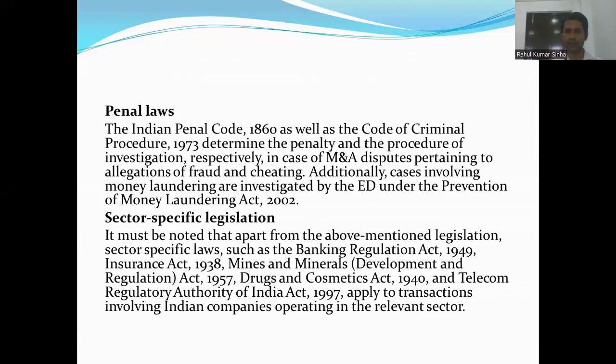And lastly, there is sector-specific legislation. It must be noted that if there is a merger related to banks, mines, drugs and cosmetics, then the sector-specific legislation is to be followed. If it is related to banks, then the Banking Regulation Act 1949. If there is an insurance merger, the Insurance Act 1938; then the Mines and Minerals Act 1957, the Drugs and Cosmetics Act 1940, and if there is involvement of telecommunication companies, then the TRAI, Telecom Regulatory Authority of India Act 1997 will be applied